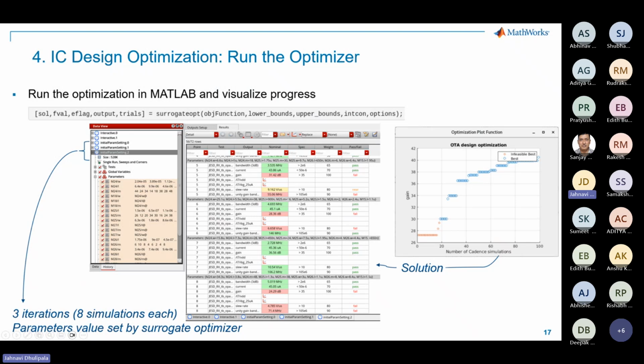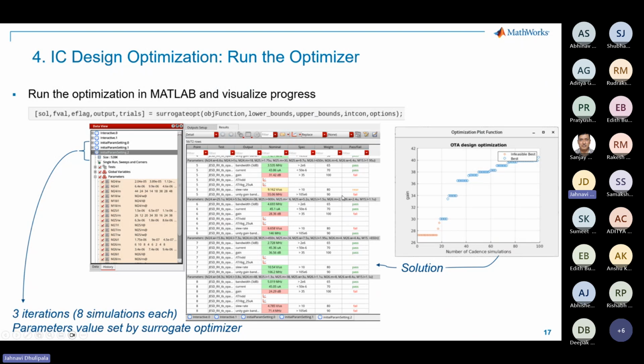So as the optimizer runs, simulation happens in the Cadence, which will be happening in the background. We observe the simulation being populated, and we can keep on tracking our progress with a custom plot, which you can see here, showing how close we get to the final solutions. If you see, these blue lines indicate the best values. So it will say how many Cadence simulations need to be done to get the best results out